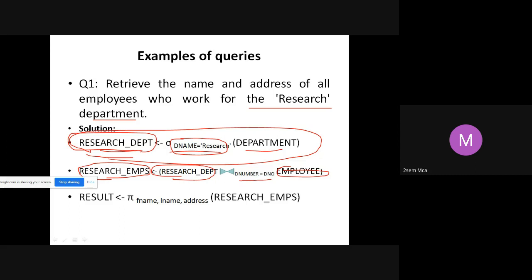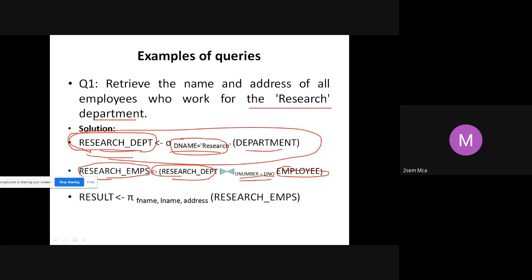So what is this going to contain? It will contain all the attributes of employee as well as research department, because you are doing a join, but it will not contain all the tuples. It will contain only those tuples where this condition is satisfied.